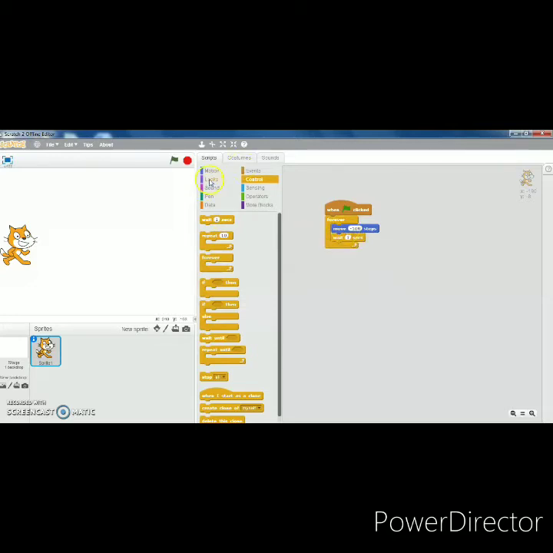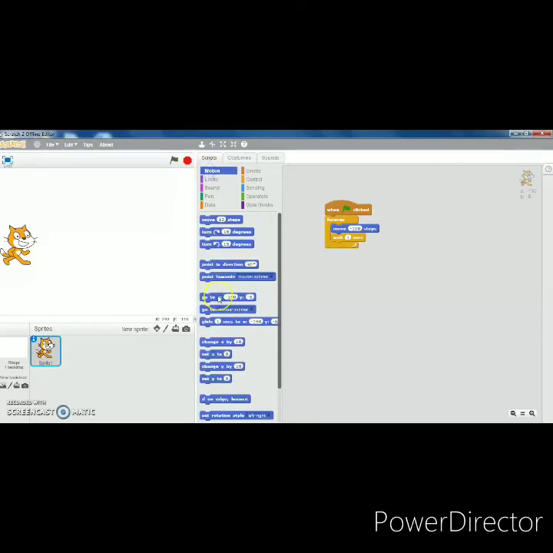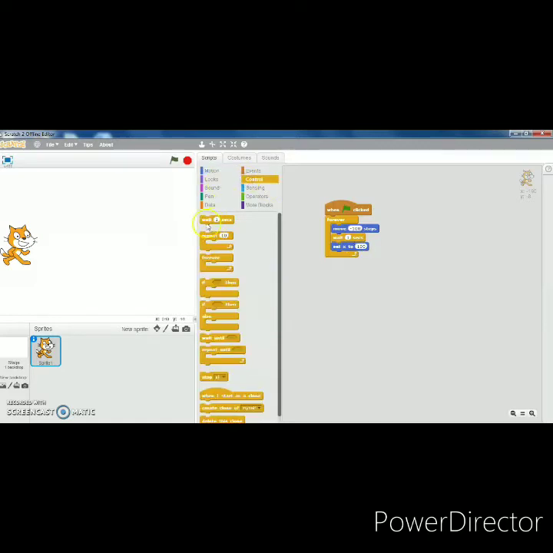After that, we will set the value of x to 100. Then the cat will wait for 1 second.